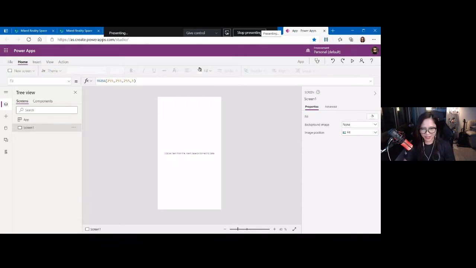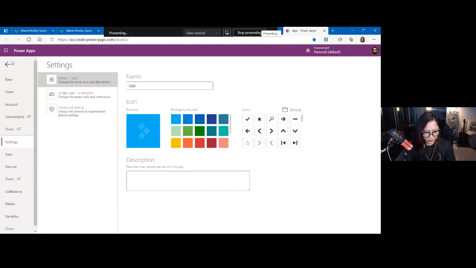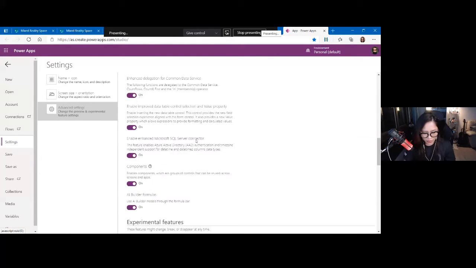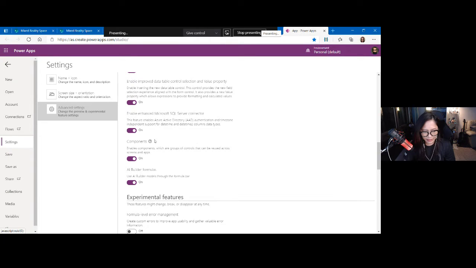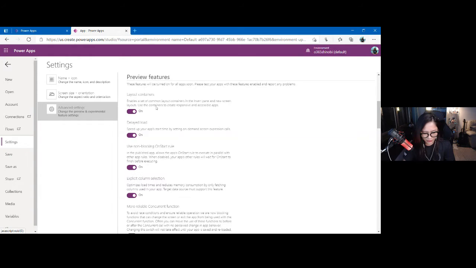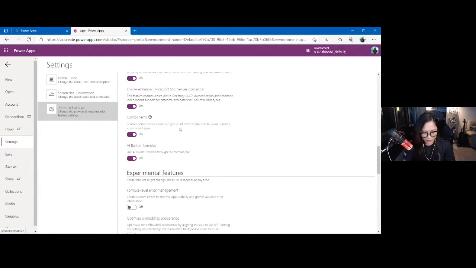First, this is our simple app. I have a blank Canvas app here. We need to enable the mixed reality features in each of our Canvas apps. To enable that, you go to File, Advanced settings, and under Preview features you should see mixed reality. Unfortunately, in this tenant I don't have that feature, so I'm going to switch to my other tenant. Here under Advanced settings, Preview features, you need to enable it.